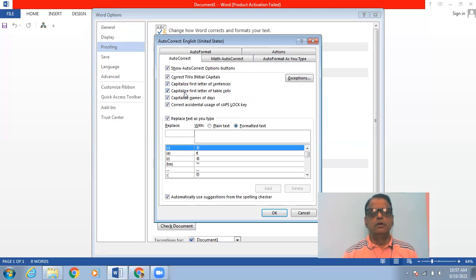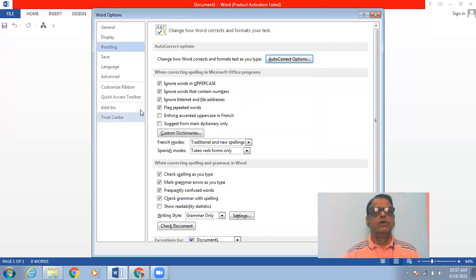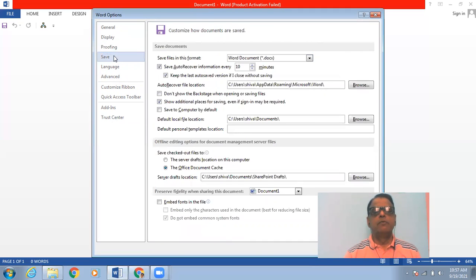If you want to automatically use the suggestions for spelling checker, then you can make it on. So most of the things are on here, isn't it? But if you want them to be off, then always you can make them off just by clicking on the checkbox.